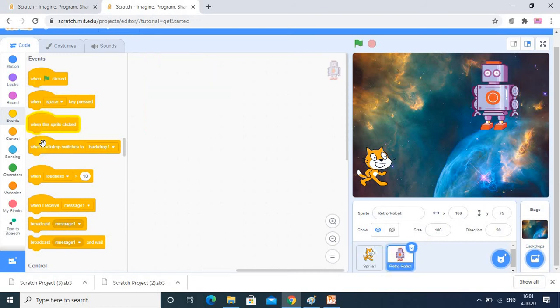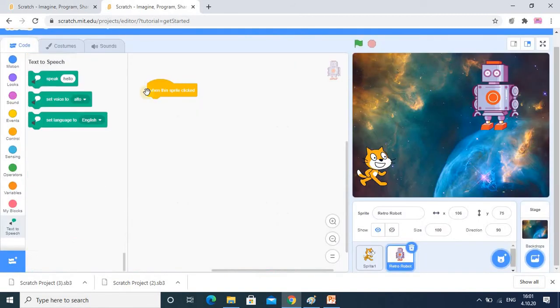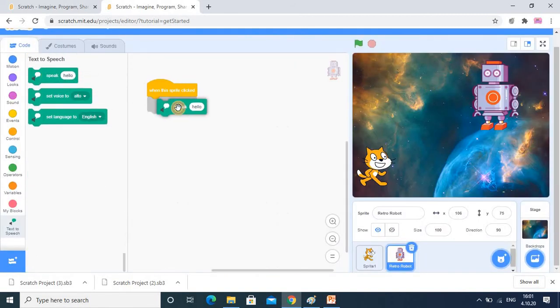So in the robot, first I would like to add when this sprite is clicked, and then in the text to speech block I will add something that the sprite should speak. Hello, I am robot.